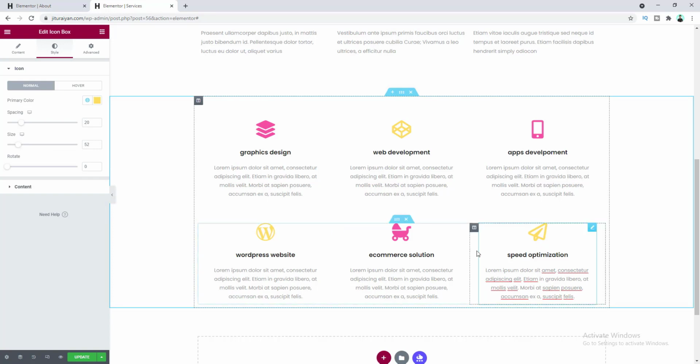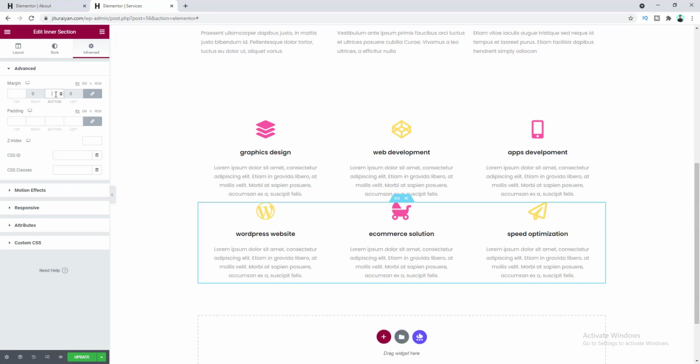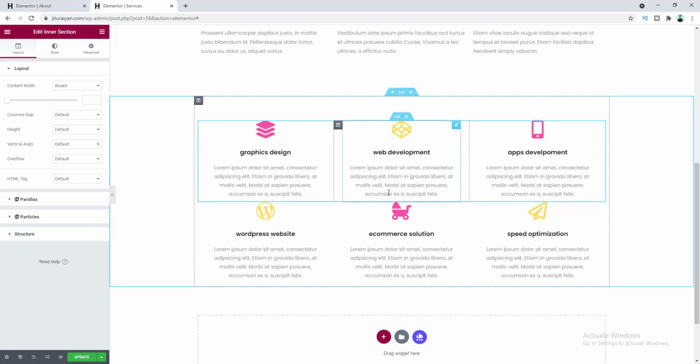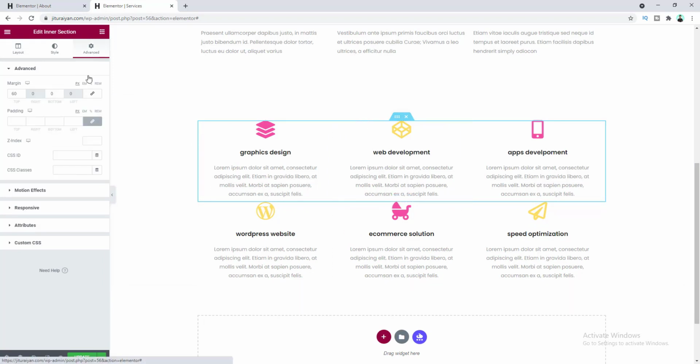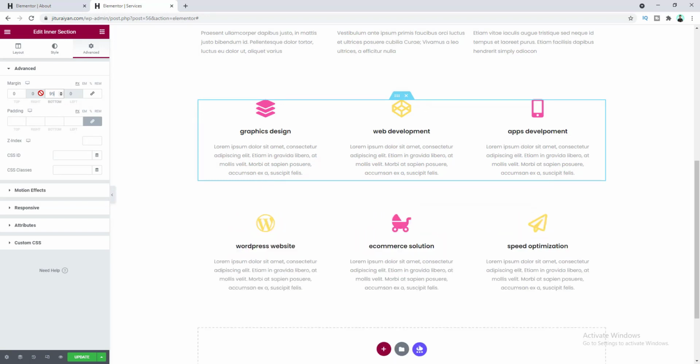And here I also want to add just the spacing between this, so go to this inner section settings and make the margin default for this one. And here for this top inner section I want some margin at the bottom, so go to advanced, make it 95 pixel. Okay,